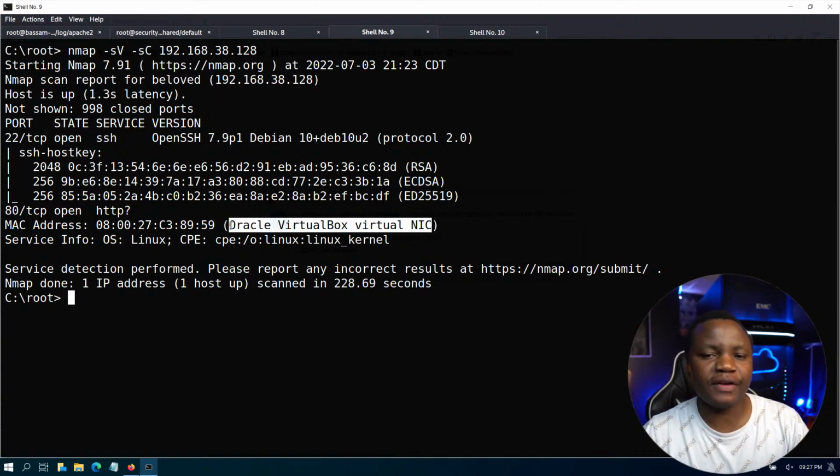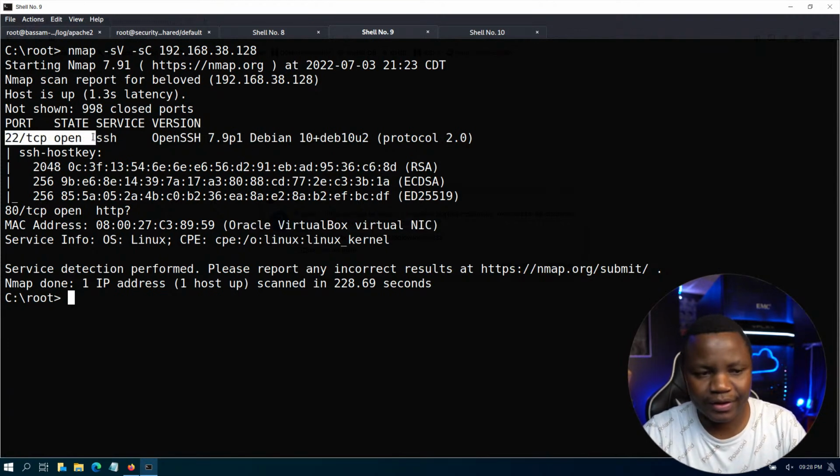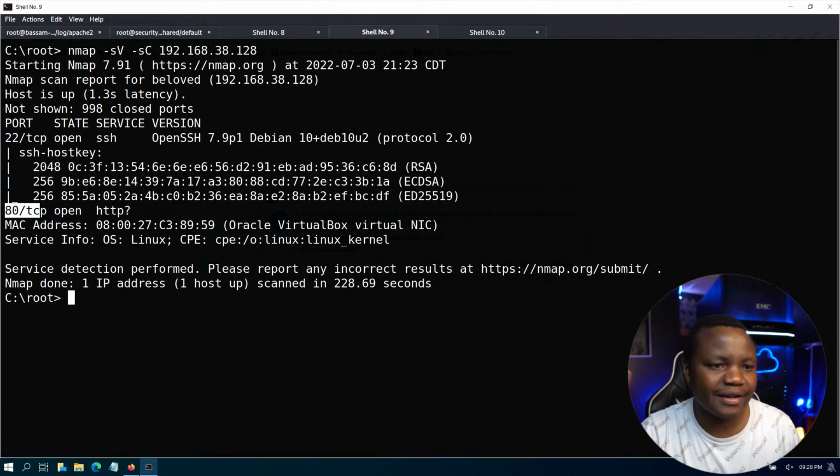If you want this machine that we are running on, in the description of the video there's a link that allows you to download the same exact machine. Just import it in VirtualBox, bridged network, and you can attack it the way I'm doing. All right, so port 22, we got it. And then port 80. But before we do that,